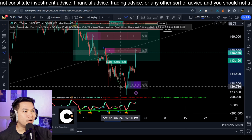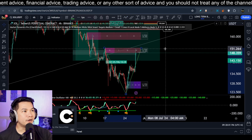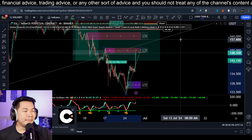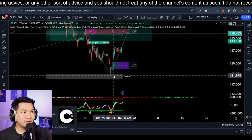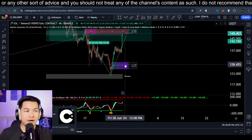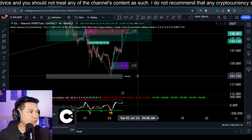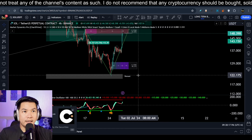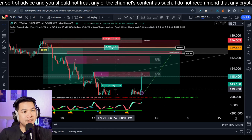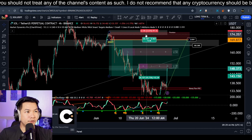We have this order block before, massive order block right there, 2.1 million. And also we got a beautiful bounce from the discount zone and a very high order block here as well on the 4-hour time frame. This is around 121. So if you want to try Chart Prime, guys, 15 or 16% reward versus 4% risk